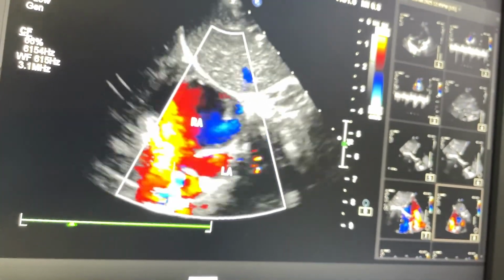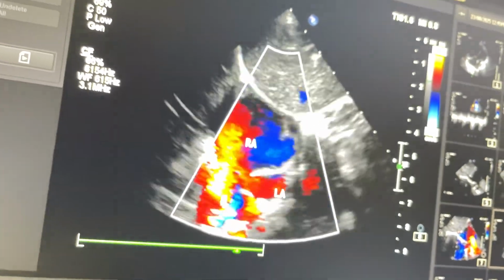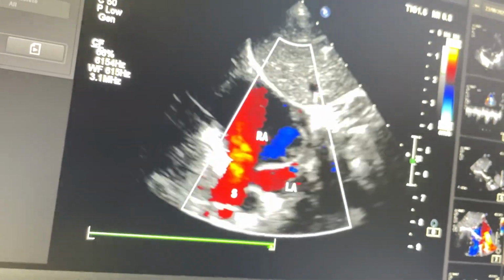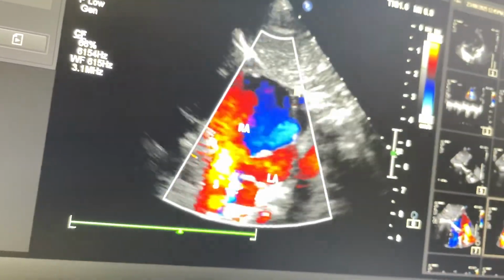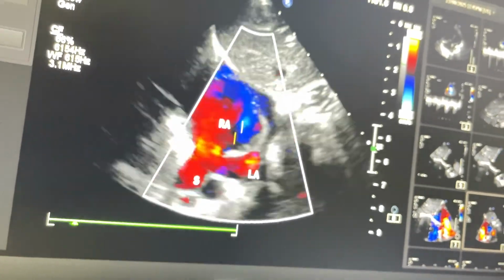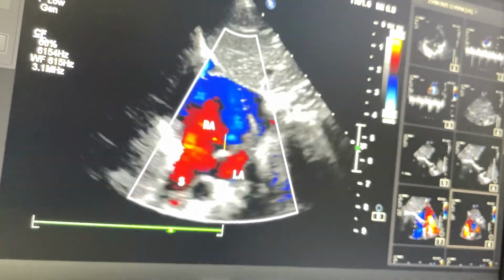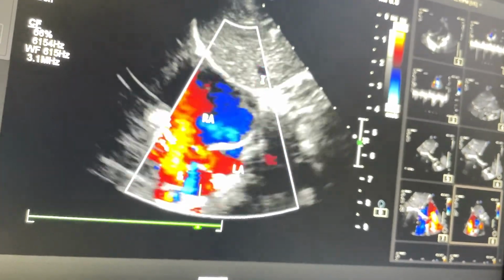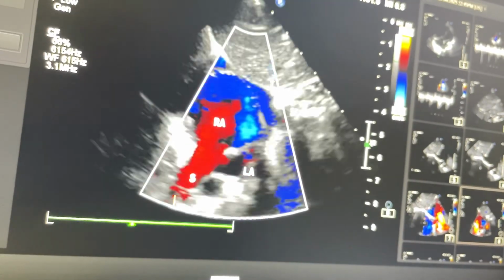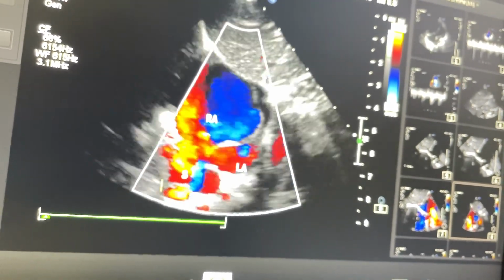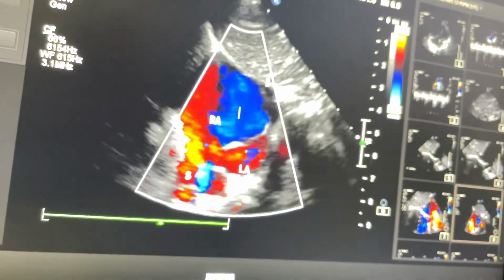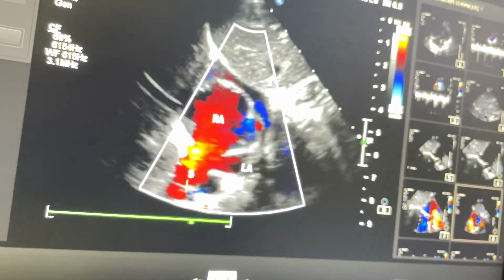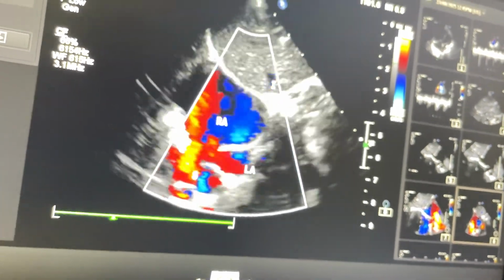You see on the image, this is S for SVC. This portion is likely to have the IVC, though the IVC is not in this image. This IVC part, because here you can see the hepatic vein. So this is the SVC, this is the right atrium, this is the left atrium, this is the ASD, this is the right pulmonary artery in transverse section. So in this image, this is a modified view. Obviously a modified view, subcostal plane, this is the liver, this is the superior vena cava. So in this view also you can see